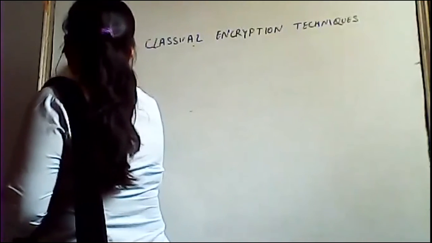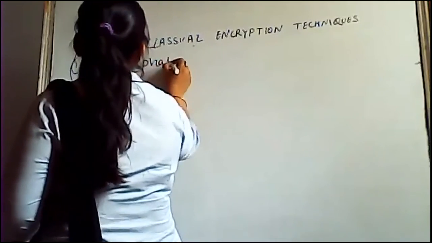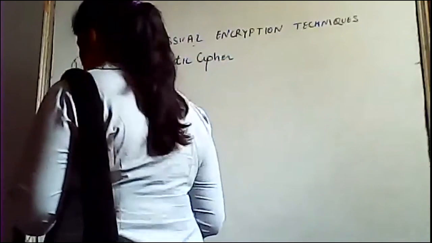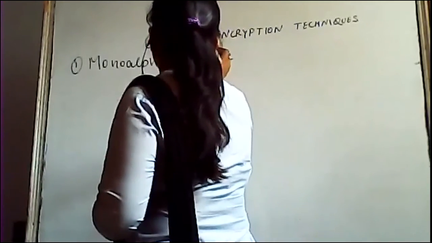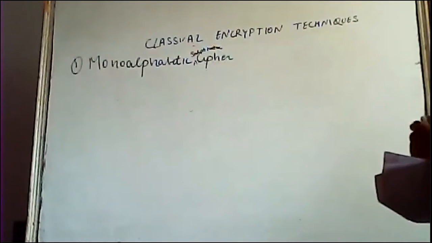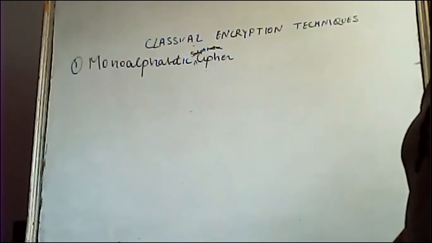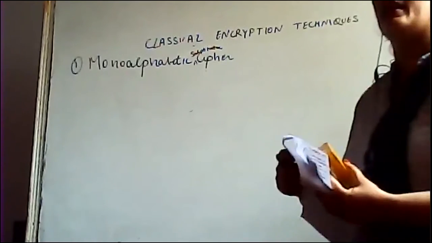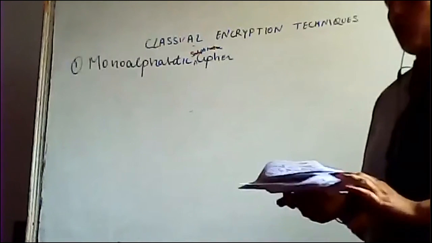So the very first is the monoalphabetic substitution cipher. I suggest one thing: while I am writing on the blackboard, you try to write all those things in your diary or on a page, so that afterwards you can go through all those things. Undoubtedly, I will be providing the notes, but there are some concepts that you need to understand and solve by yourself. Then only we can proceed further. So you just start with that.